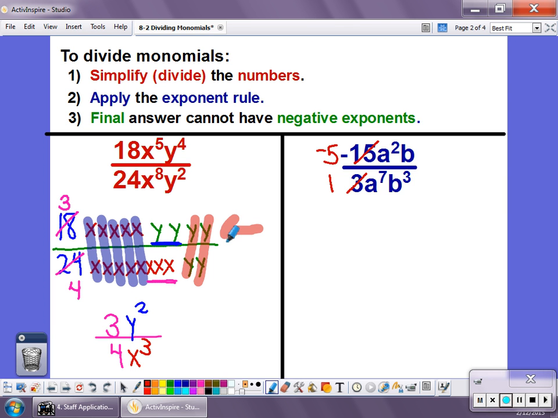Sometimes I'm going to have variables left on the top, and sometimes I'm going to have variables left on the bottom, depending on where they started out with more. When I use just my subtraction rule, I have to think about where my leftovers are going to be. Okay? So in this case,